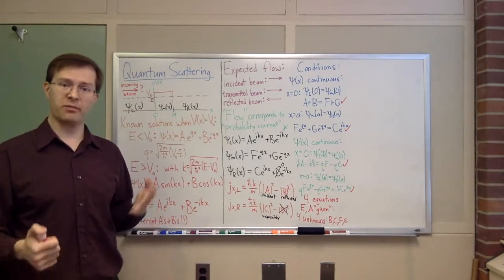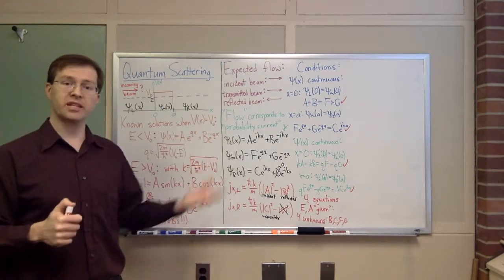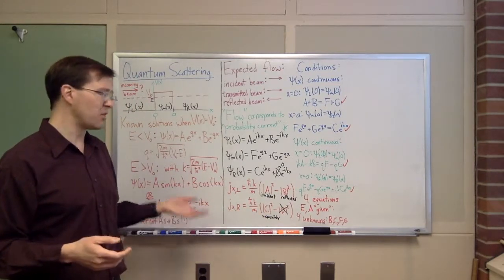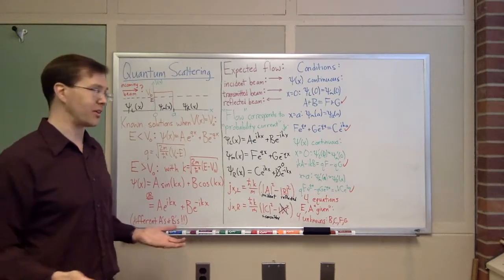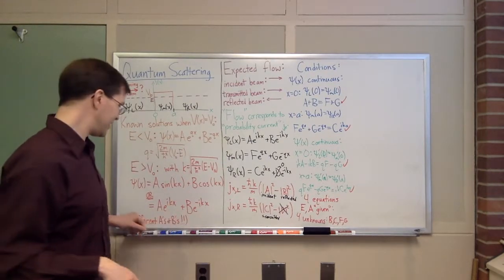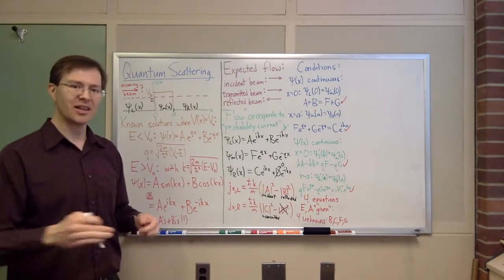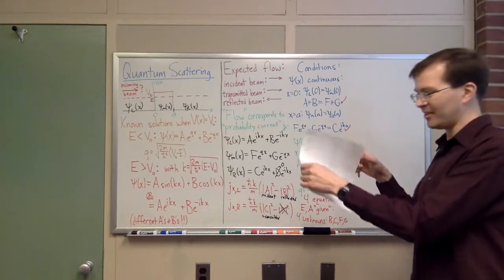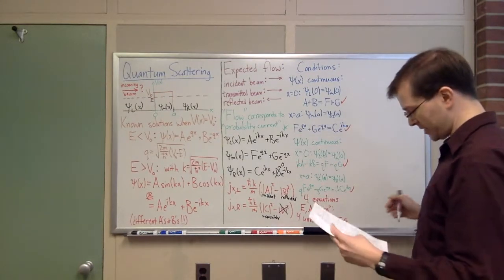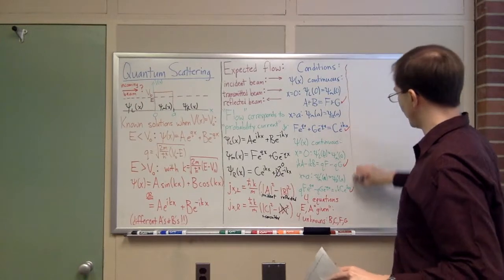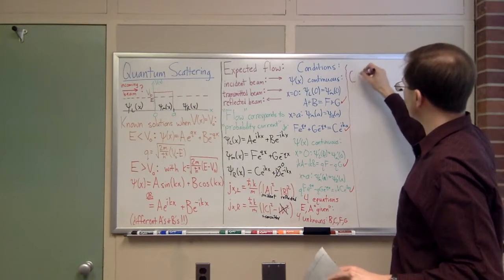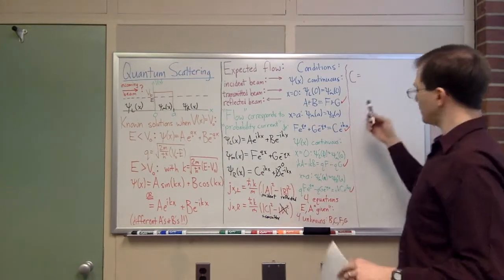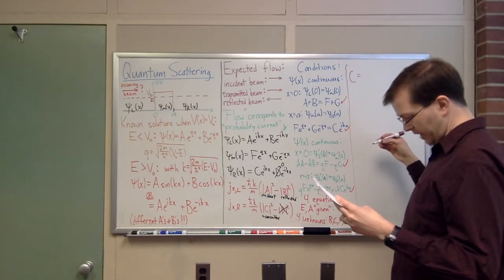Any physicist will tell you, mathematicians will wince, but any physicist will tell you there's a unique solution, or at least we don't have some unbounded number of solutions. We don't have an inconsistent system. 4 equations and 4 unknowns, we can find this answer. It's ugly. You can do this, but it comes out to be an ugly answer. Let me just tell you what I come up with when I've gone through this. Look, lots of ugly math. When I go through this, the answer I end up getting, the interesting parts of my answer, end up being that the coefficient C, remember C is the coefficient of the outgoing beam, the transmitted beam. The coefficient C that I come up with looks like